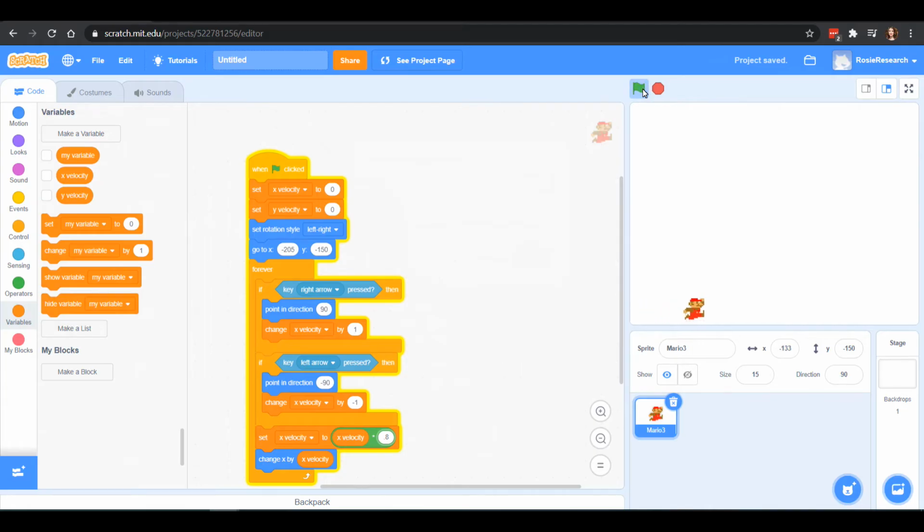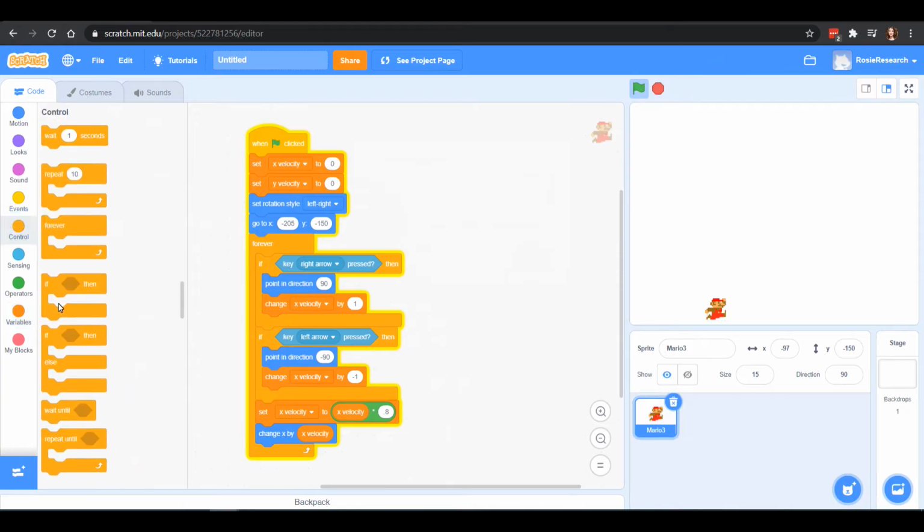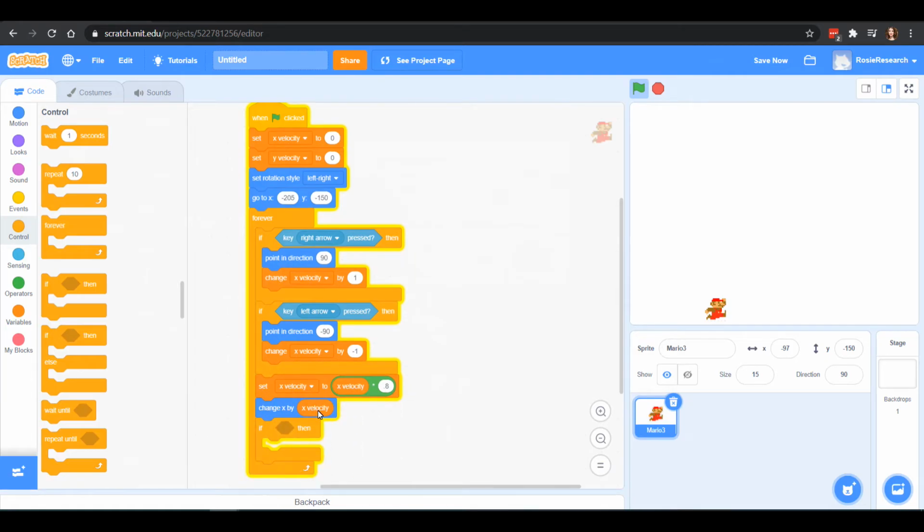Alright, so now I have sort of this ability to move right and left. Now, I kind of want his costume to change, and we'll deal with that in a little bit, but I think first let's make him be able to jump. Jumping seems important. So we've done these ifs, things are pressed, so we can do the same type of thing. We'll do if, let's put it underneath that last loop. Maybe we can't get it under it. We'll put it down here.